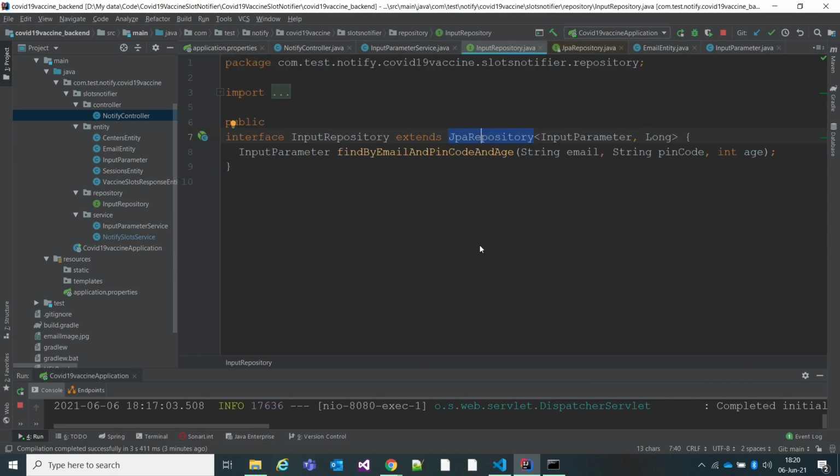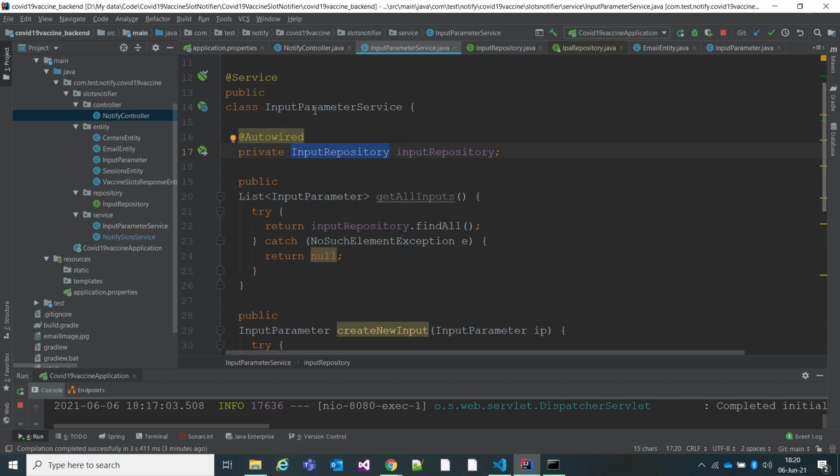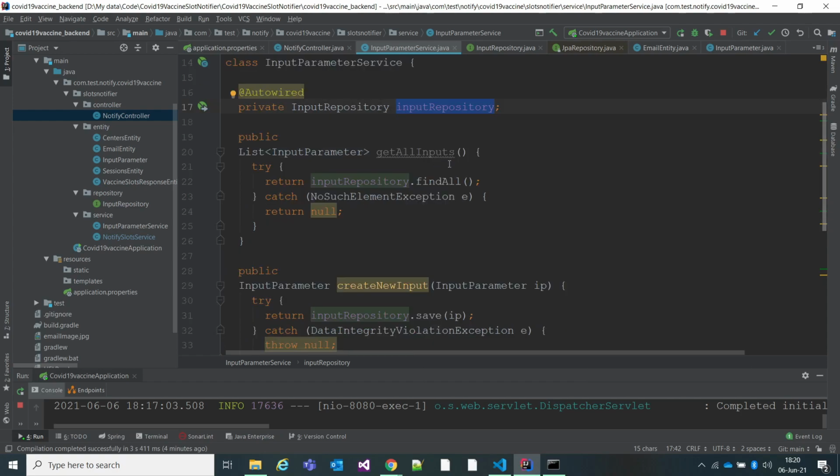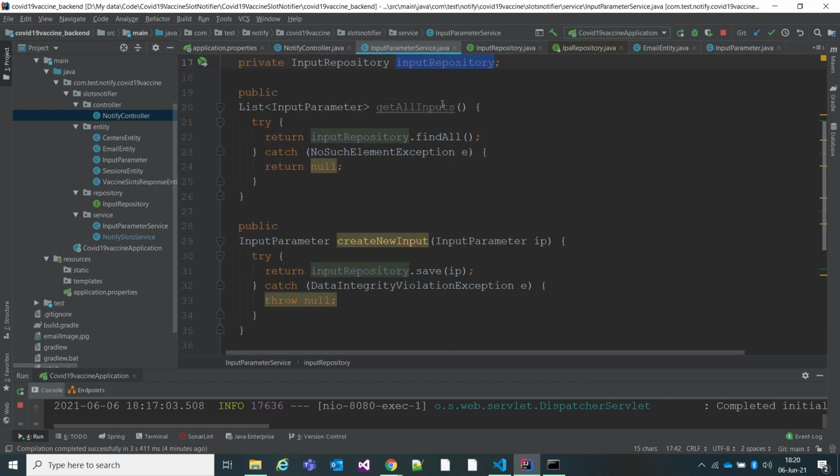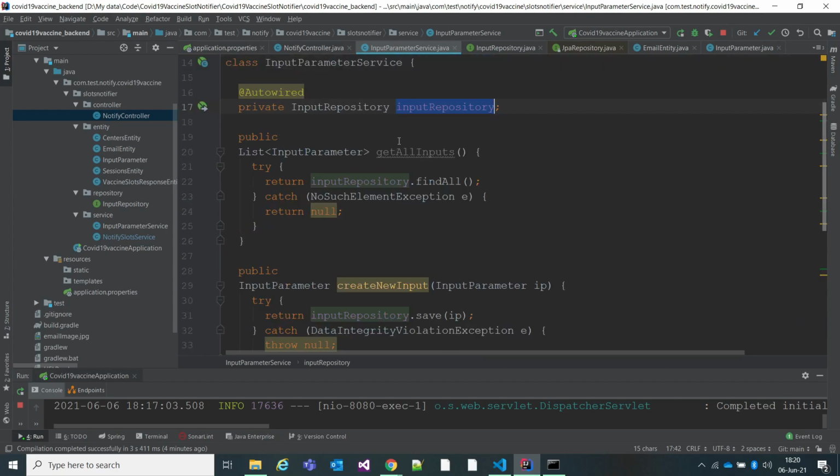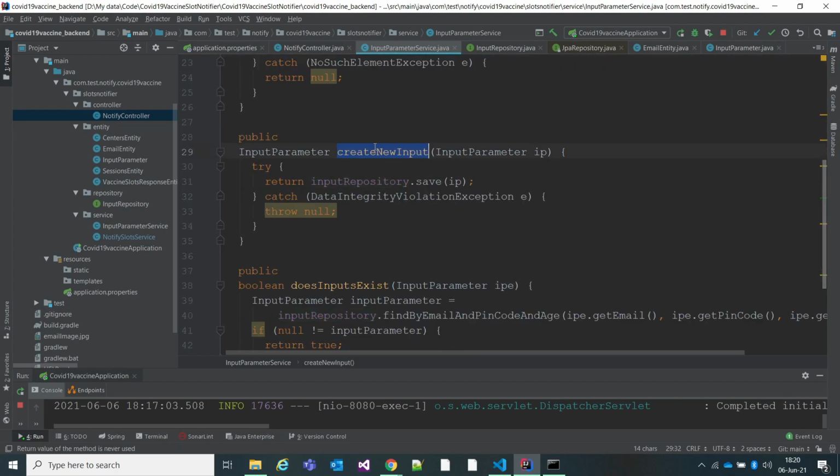I'll go back to the input parameter service here. You just need to autowire the repository which you have created, which is the input repository. So I created this variable and autowired this, so all these values I'll be getting here. Then I have created one method, create new input, meaning whatever input I have got from the UI needs to be stored to the database.